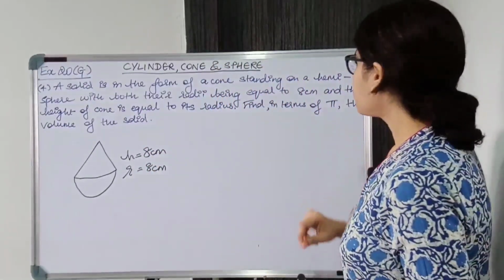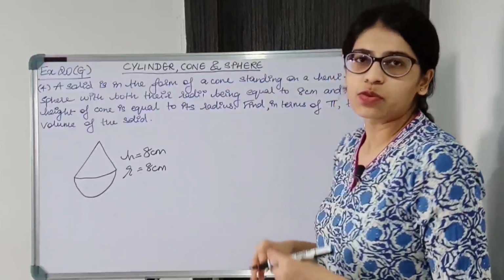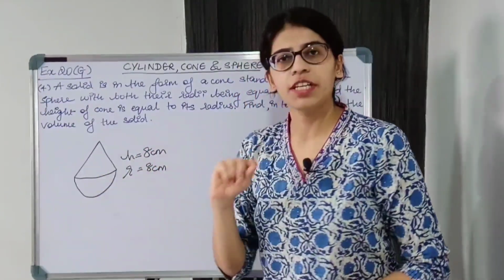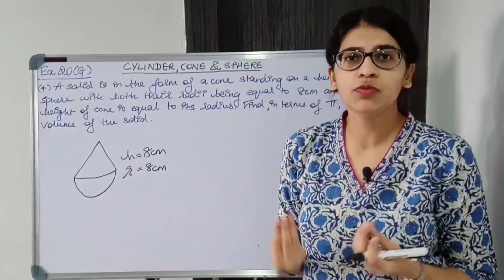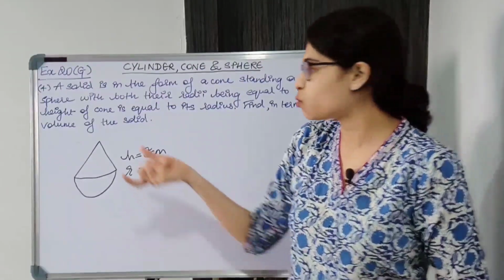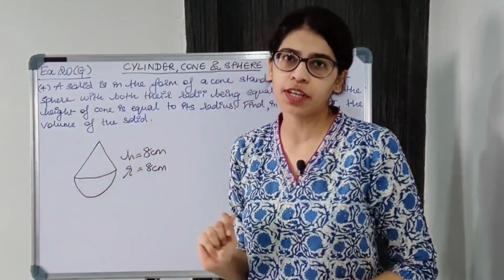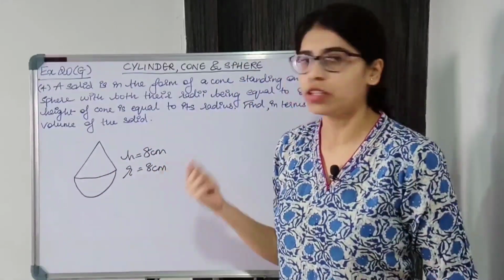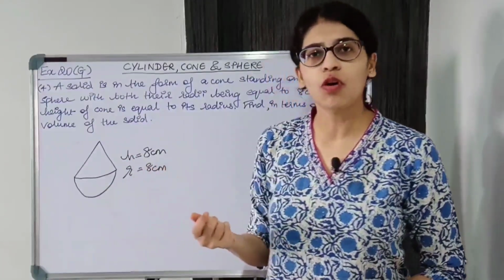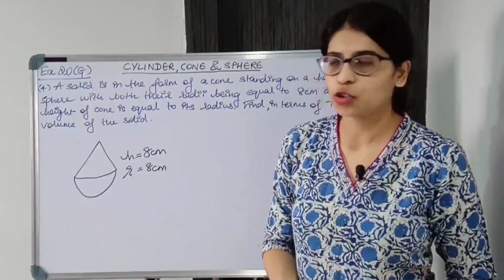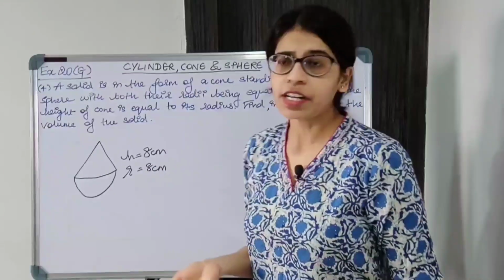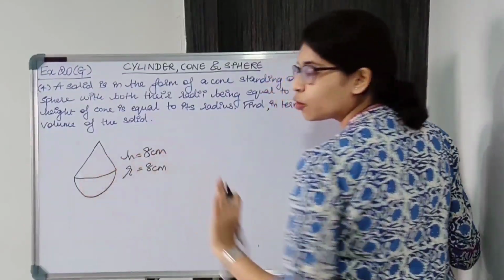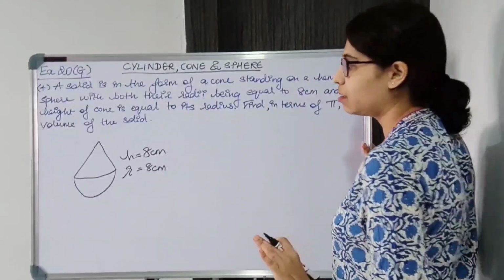So find in terms of pi the volume of the solid. It's very easy. इसका मुझे h and r पता है, hemisphere का भी I know the radius, so it is easy to find the volume of the solid. It is volume of the cone plus volume of the hemisphere. Volume of the cone is 1/3 pi r square h. We have all the details. And volume of the hemisphere is 2/3 pi r cube. So let us write down the given information now. So we'll take common r for both the cone and the hemisphere.